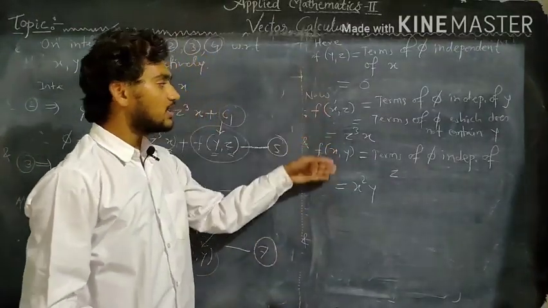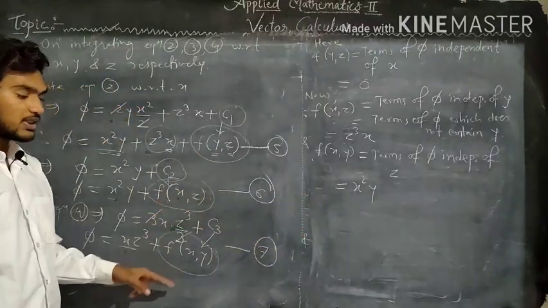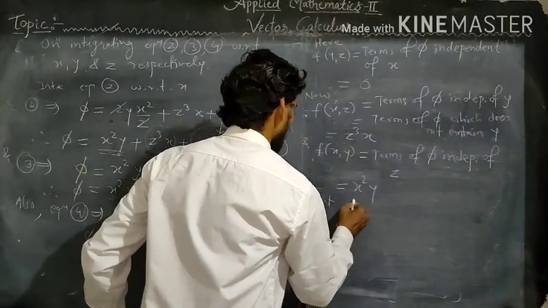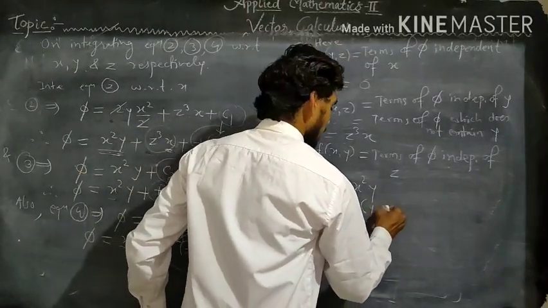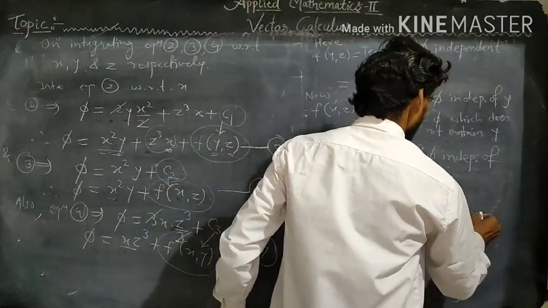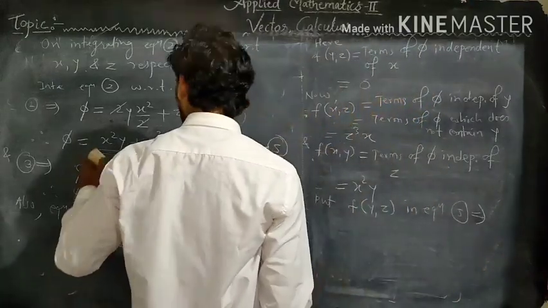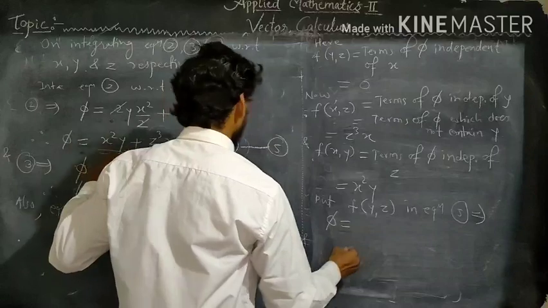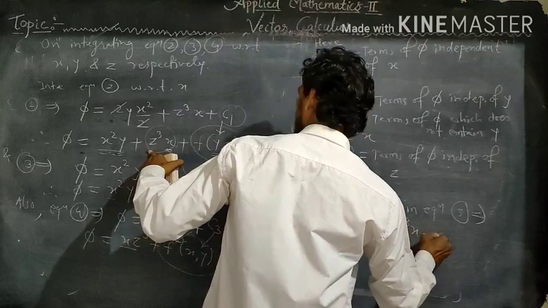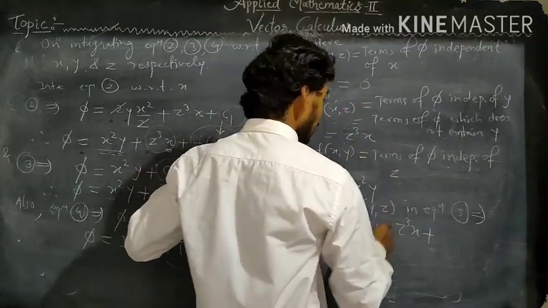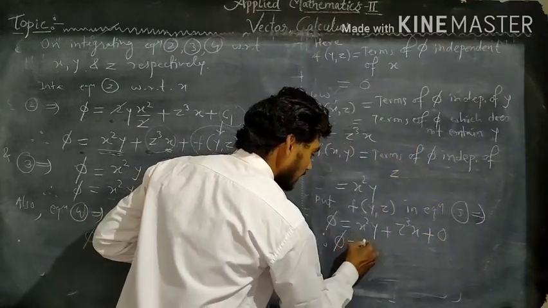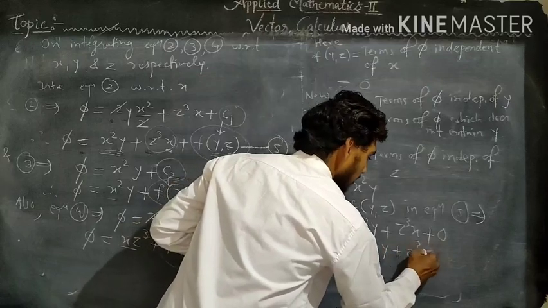Now after putting these constants in equations 5, 6, 7, we will get the complete solution. So put f of y comma z in equation 5, it implies phi equal to x square y plus z cube x plus f of y comma z, which is 0. Therefore the required solution is x square y plus z cube x